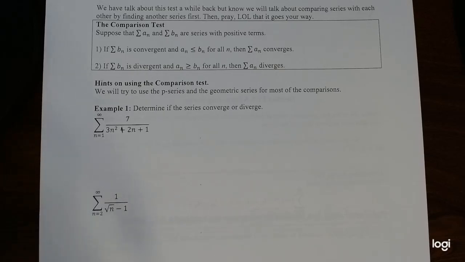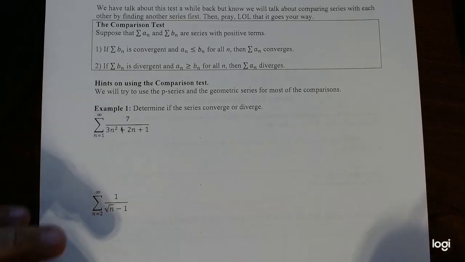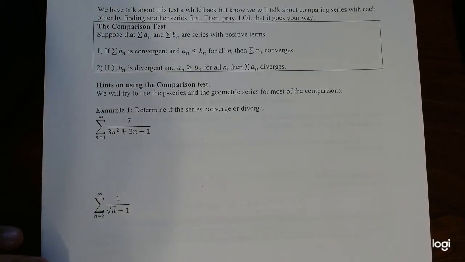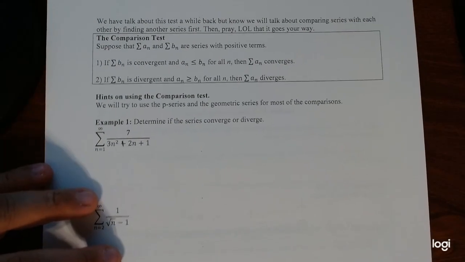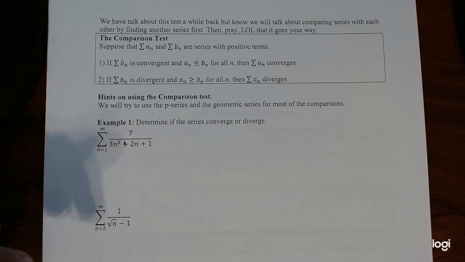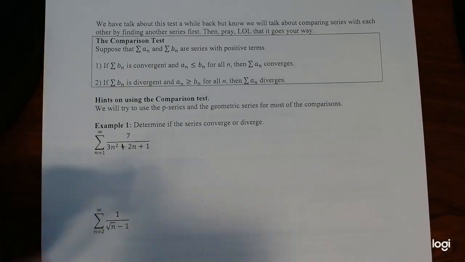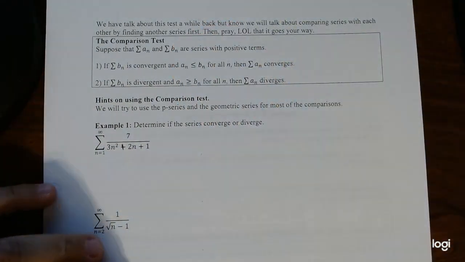All right, so this is 11.4, the comparison test. Now, we've actually talked about this a little bit in the last couple of sections before, but now we're getting far more in depth on the comparison test itself, or comparing two individual values, okay? So what we do is we'll compare series to series, and depending on the situation, we can actually see if it converges or diverges. Now, what I mean by this little joke here, "then pray and it goes our way,"